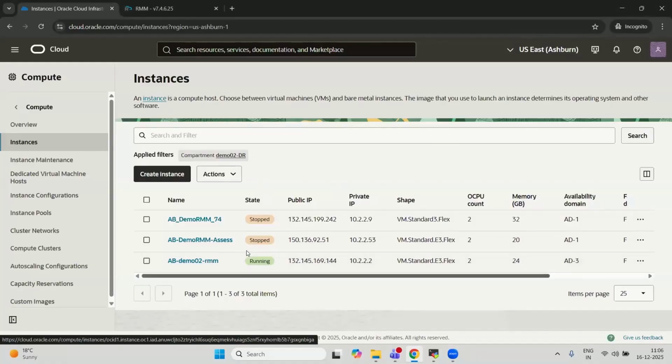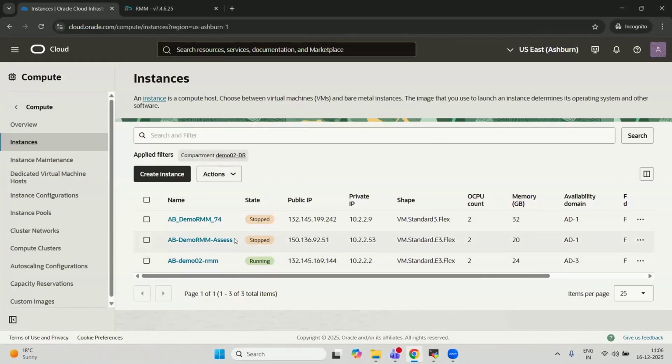And once you do that, it is running like any other Linux-based virtual machine in my own account tenancy. I've got complete control over the RMM instance. Now, I don't have a private connectivity between my lab and OCI. So I'm going to make use of public IPs, but for actual deployments, you don't need to have any public interface on the RMM. Everything can just happen over the private network. So it's completely secure from that perspective. Now, once you have deployed RMM, it is accessible over SSH because it's a Linux machine on its IP address, and the graphical user interface is also accessible on the same IP address.